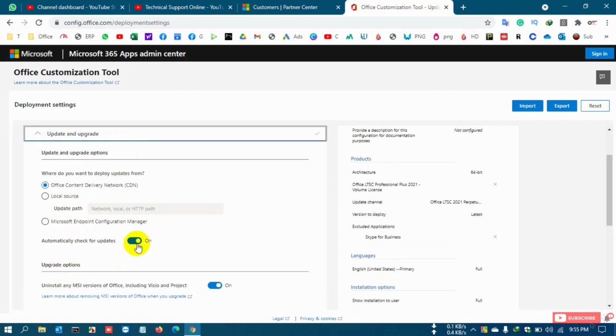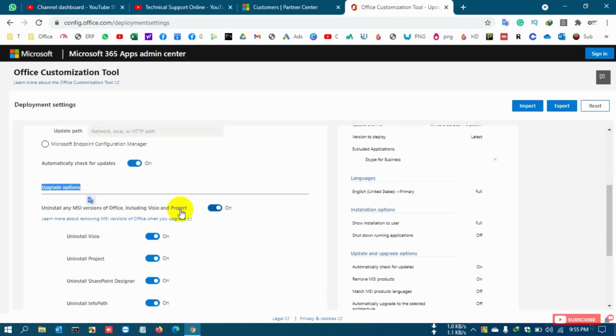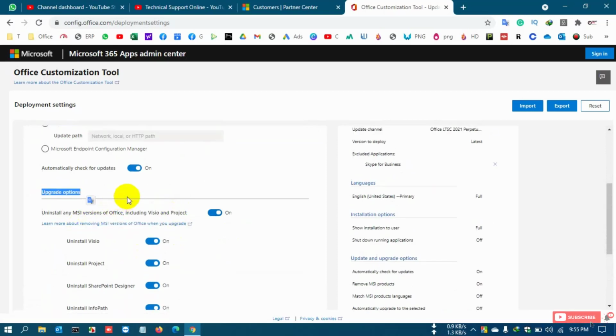Check for update and upgrade option. This is the important option, so please check: uninstall any MSI version of Office, including Visio and Project.